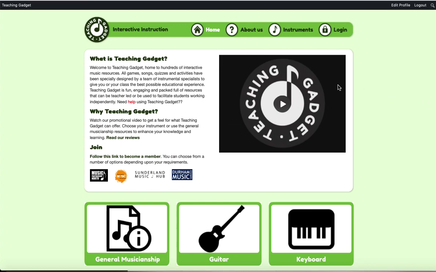Firstly, go into teachinggadget.com and log in with your Universal Schools login, username and password by pressing this. Then once you're inside the website and logged in, you'll see a black bar appear along the top. If you then press Edit Profile,